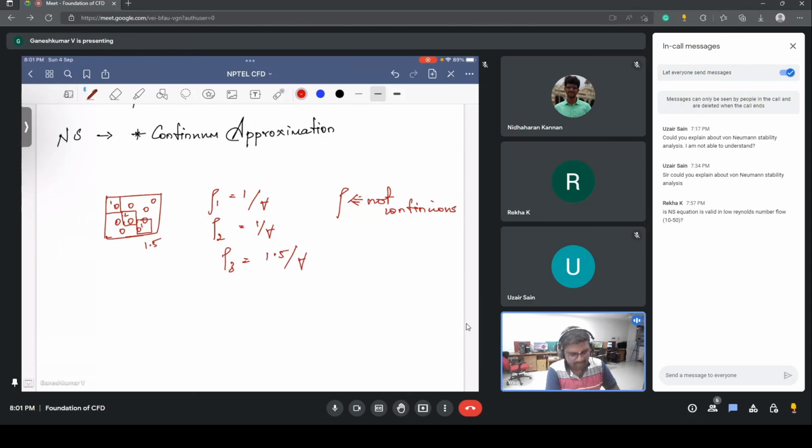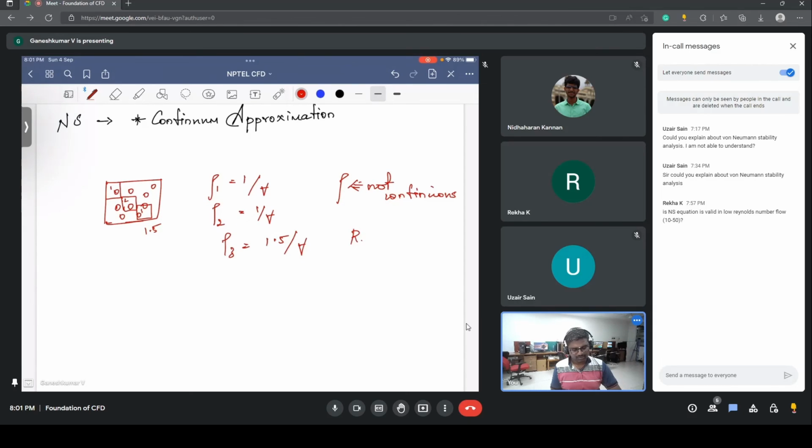So if you have a rarefied gas flow, like gas flow in space, then you cannot find a very small microscopic box or control volume where you can say that rho is continuous. Okay, so if you can't do that, you cannot define Reynolds number itself. What is Reynolds number? Reynolds number is rho u